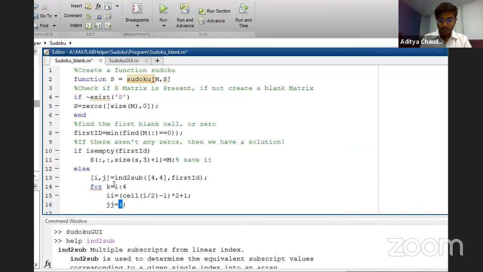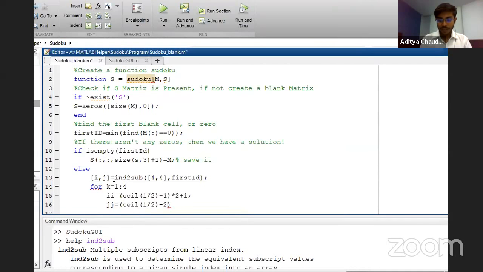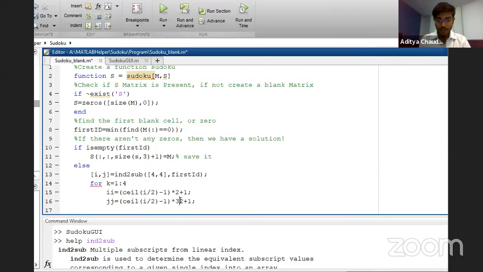cell. I'll just explain you about the cell part in the next line, wherein we'll be creating another variable mm. So I'll just do it for all the columns as well. Times 2 plus 1. That's done. Oh, sorry, it's 2 plus 1. And yeah, so I'm creating another variable mm, which is equal to, so it will be fetching the values from capital M. That's our initial matrix, which will be passed in this function. So we'll be taking the ith row and all columns.